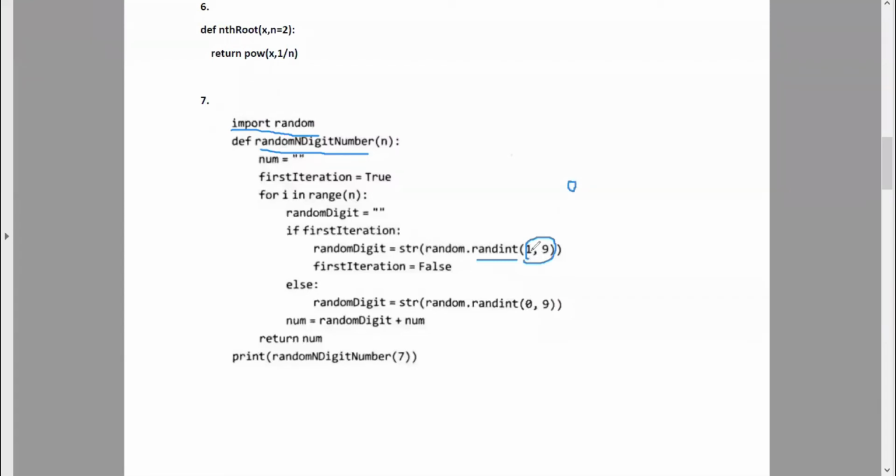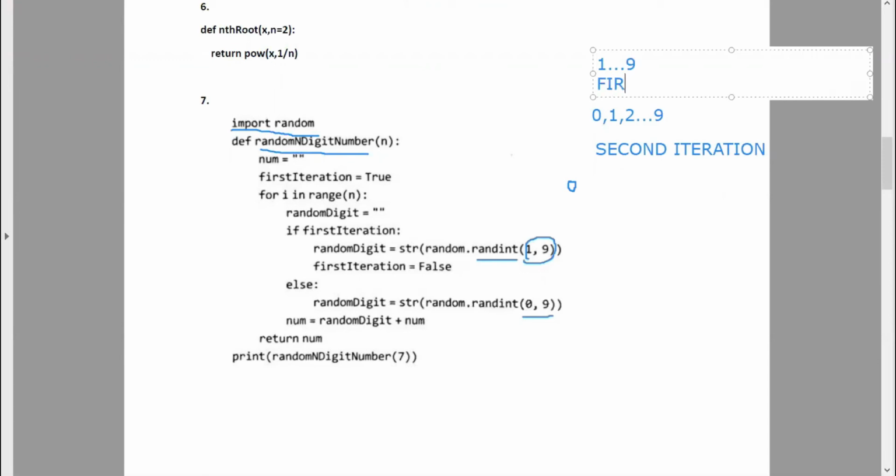That is why we are having the number from 1 to 9 alone for the first iteration. Other than the first iteration, we can have any numbers from 0 to 9. Hope you have understood. From the second iteration, we can have all the numbers 0, 1, 2 until 9. I can have only the numbers from 1 to 9 for the first iteration.